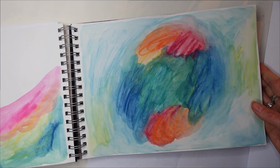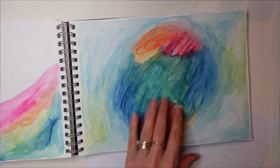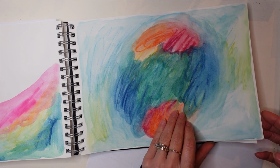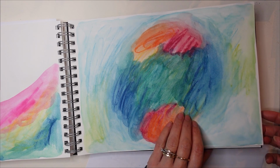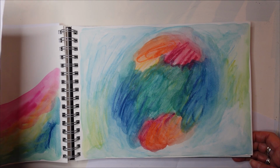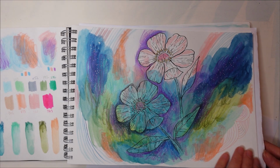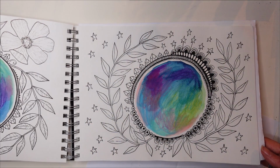So that's where I've got to. And yeah, I'm still loving this. I still feel like I've only just scratched the surface with my sketchbook project of working every day. I feel miles away still from finding my own creative style, my own art style. And I still don't feel like I've done enough experimenting yet to do what I would call a big final piece. All of these are still experimental,